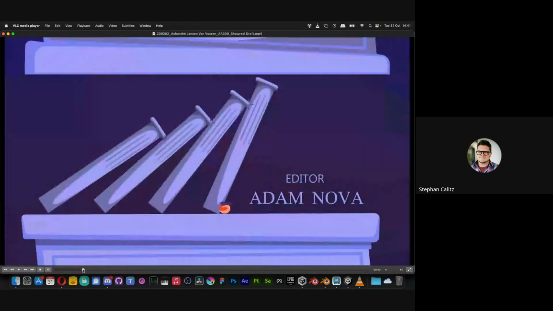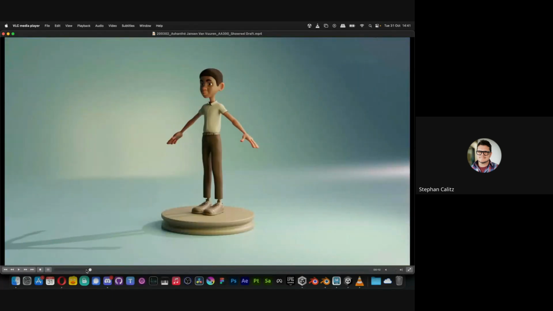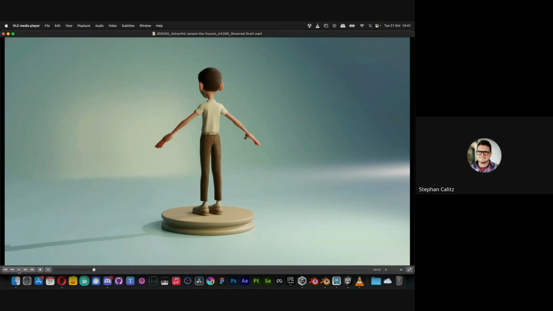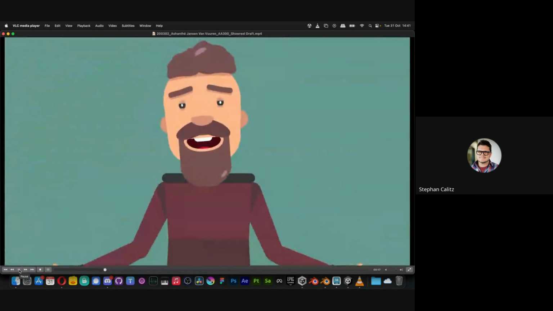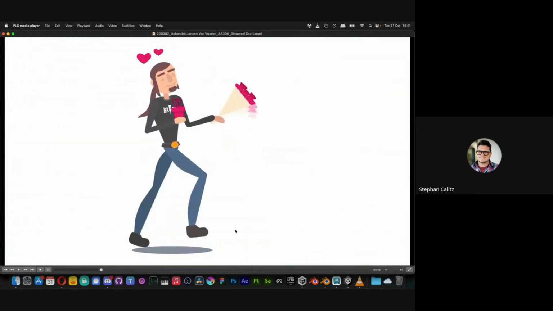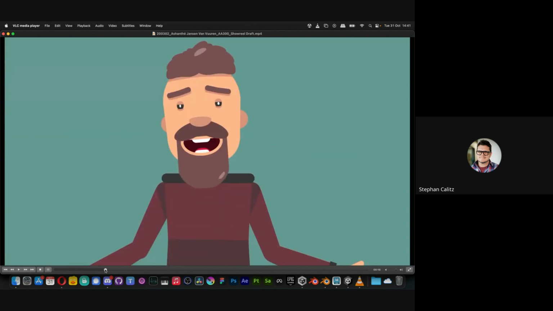Your interpretation, this dude walking with the flowers was interesting. I know I don't particularly like the templates, but that was a good interpretation of the walk cycle, and I think this works well.